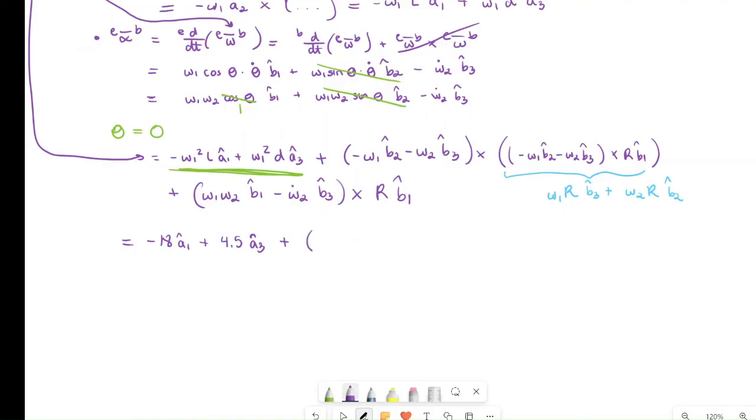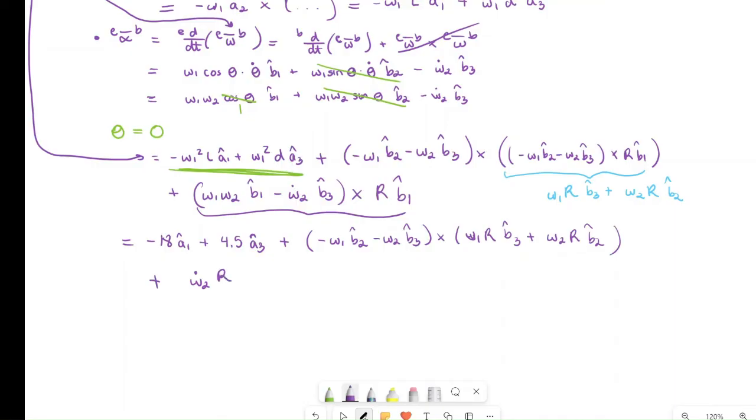We have negative omega 1 b2 hat minus omega 2 b3 hat crossed with omega 1 r b3 hat plus omega 2 r b2 hat, and then we have this term, and that term just evaluates to omega 2 dot r b2 hat,